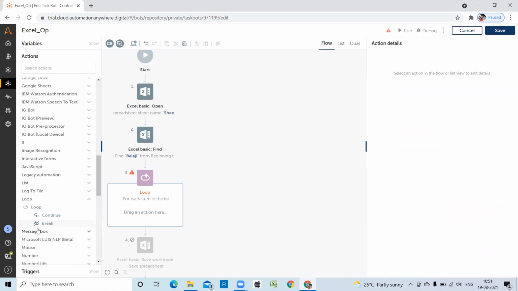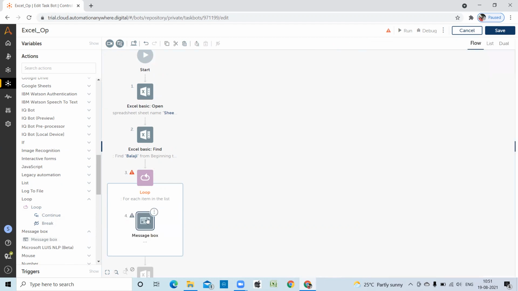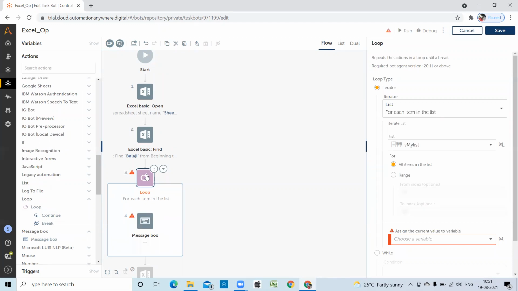Now message box. vMyList, assign the current value to a variable.